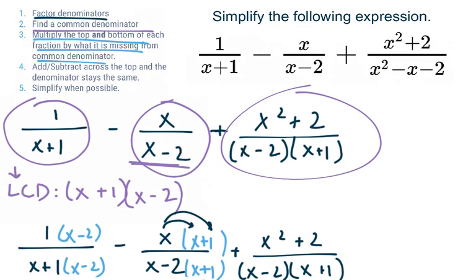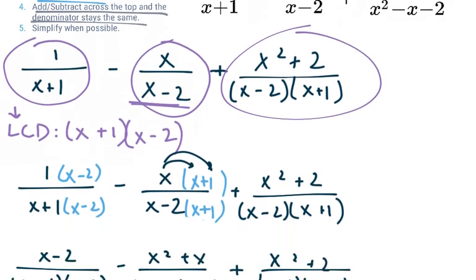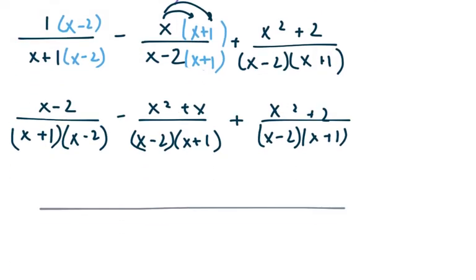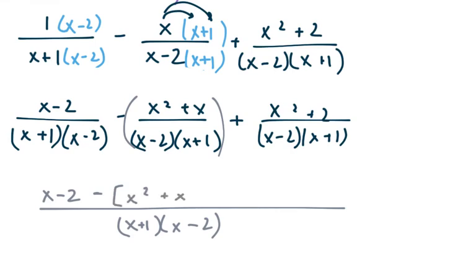Okay, and then our next step is to add and subtract across the top, and the denominator stays the same. So we're going to have one big fraction now where our denominator stays the same, so it's going to be x plus 1 times x minus 2, and we've got to combine the numerators. So x minus 2 minus, now keep in mind, we're subtracting this whole fraction. So it's going to be minus x squared plus x